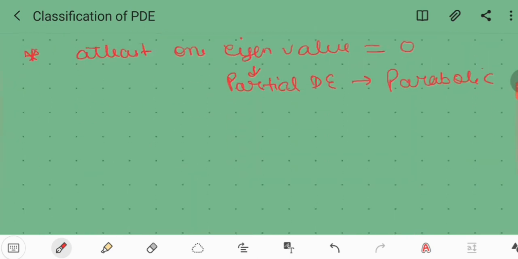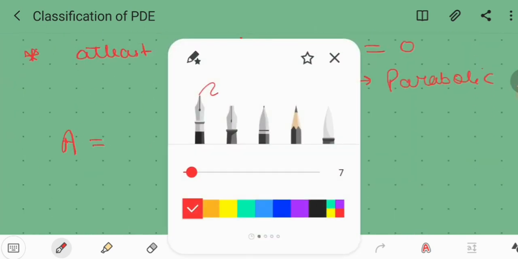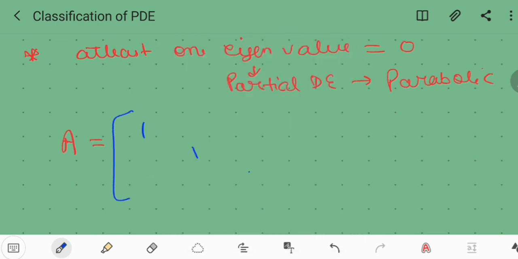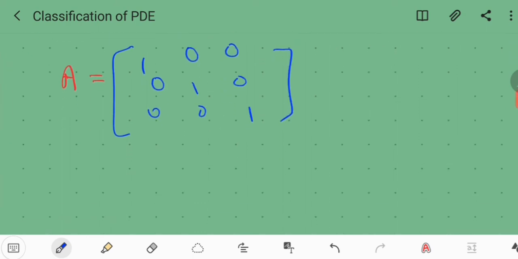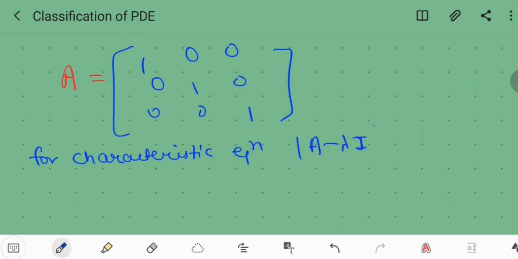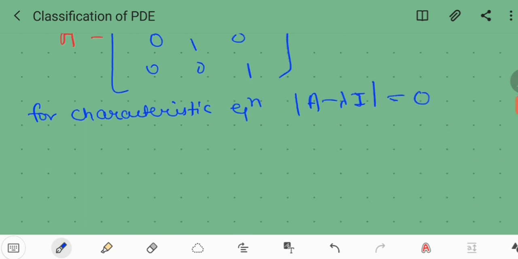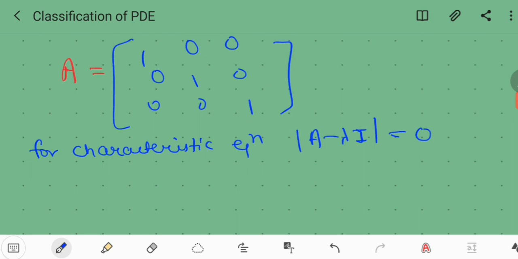So you have your matrix, let's say A, as 1 1 1 on the diagonal, just like an identity matrix. Now you have to find out the eigenvalues for this. So how do you find the eigenvalues? By making a characteristic equation. So for the characteristic equation you should have lambda. Basically determinant of A minus lambda I, this is your characteristic equation, right? So A is this matrix, and lambda I is lambda times an identity matrix.